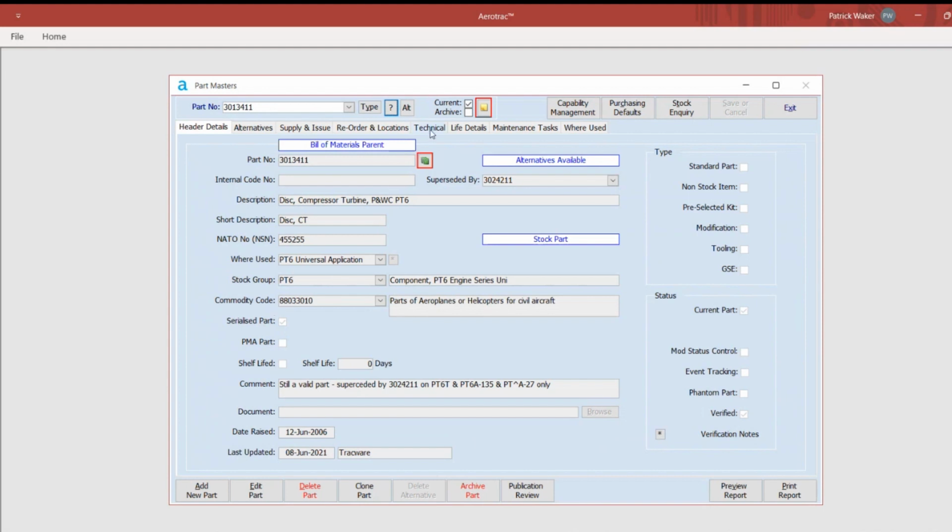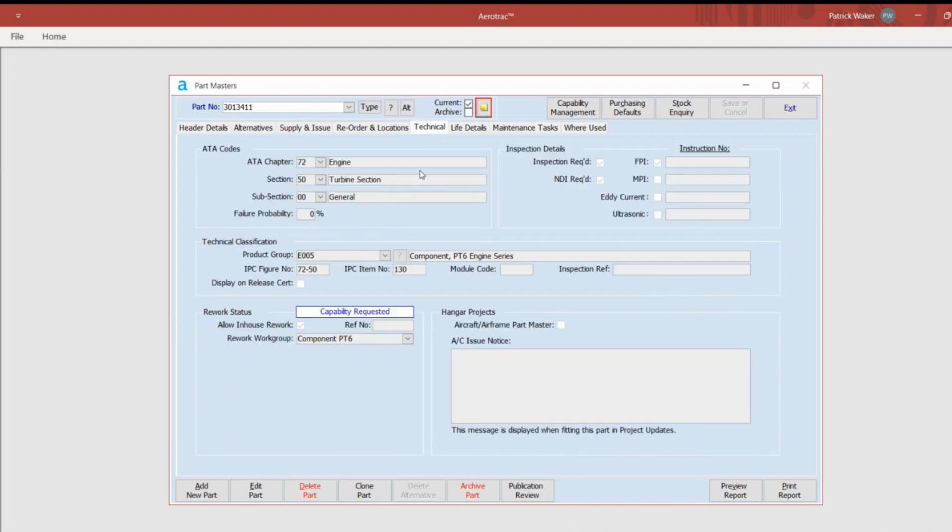Probably the key things from an aircraft management point of view are the technical details tab. So in here, there's the ability to ATA code everything. And in particular, there's an important function here of assigning it to what we call the product group. The product groups are hugely important in relation to Aerotrac and particularly the aircraft configuration control and actually the whole